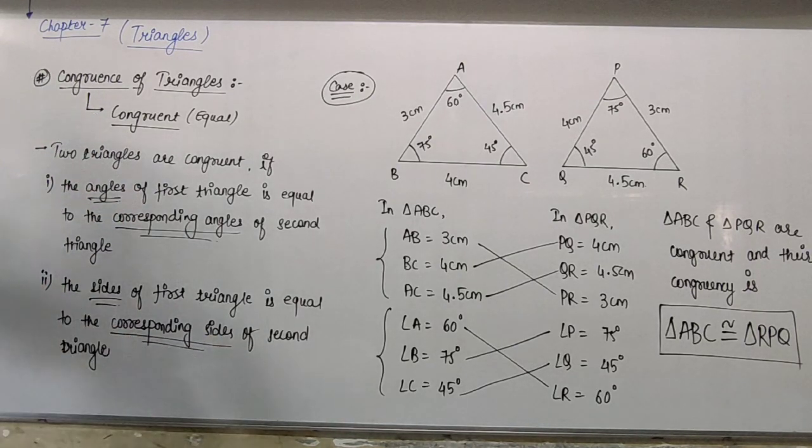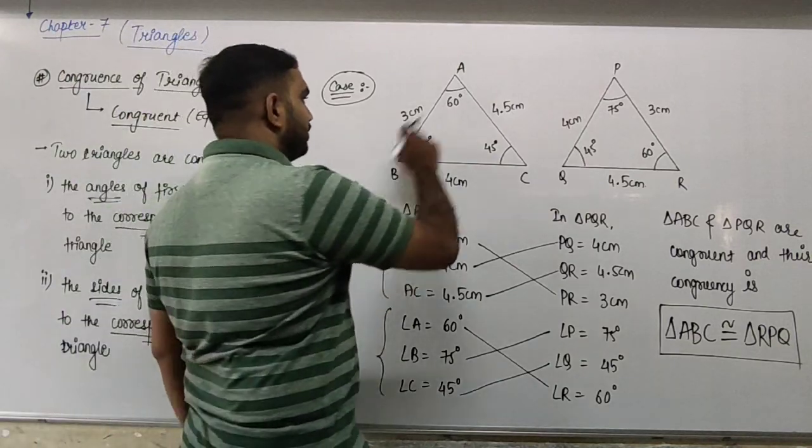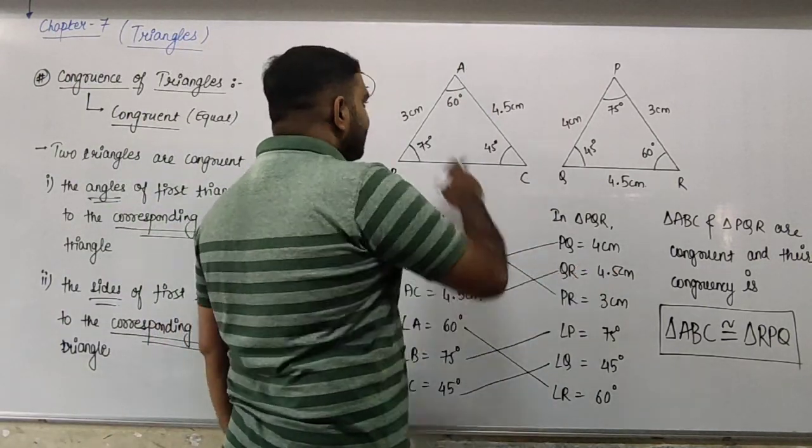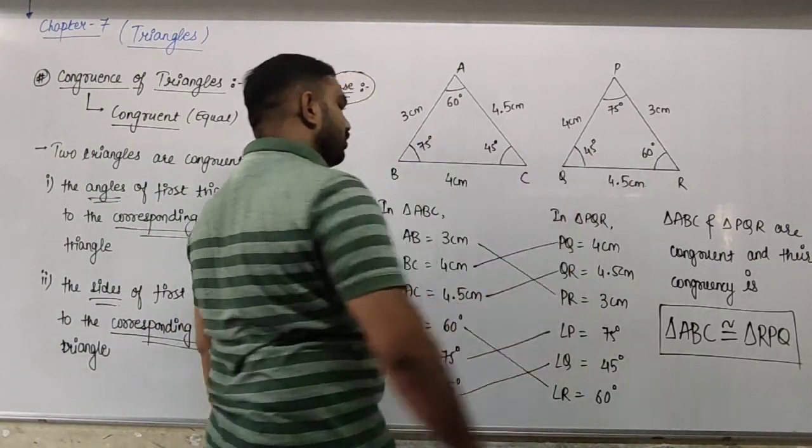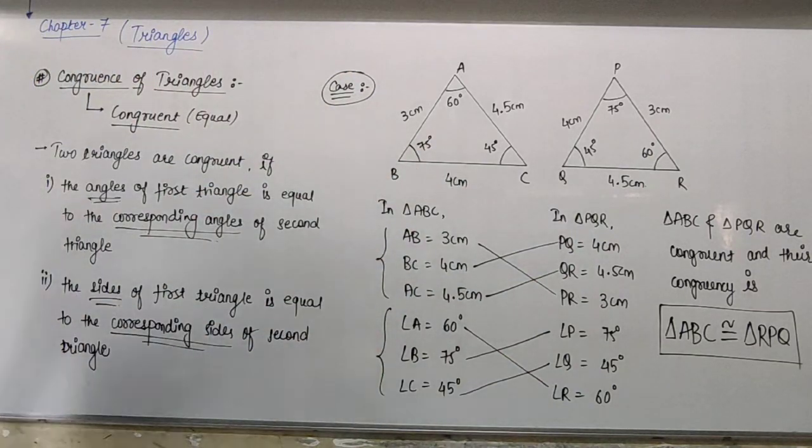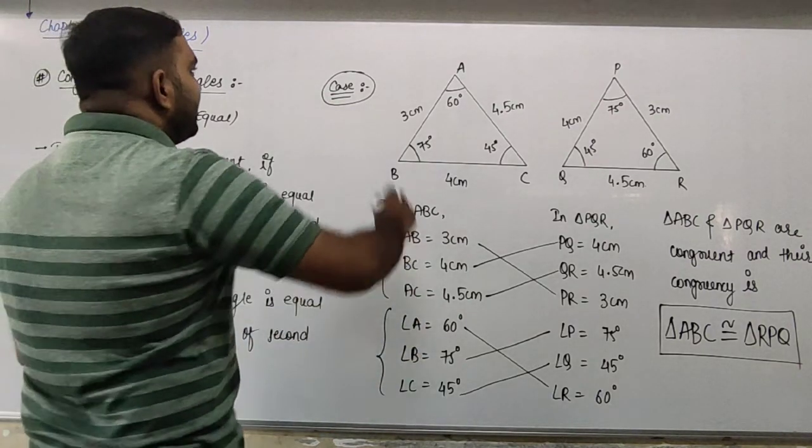First case માં angles equal હોવા જોઈએ અને sides પણ equal હોવી જોઈએ તો તે આ બંને triangles congruent છે એવું કહેવાય. Two triangles are congruent if corresponding angles of first triangle is equal to the corresponding angles of second and sides of the first triangle is equal to corresponding sides of the second. Hence